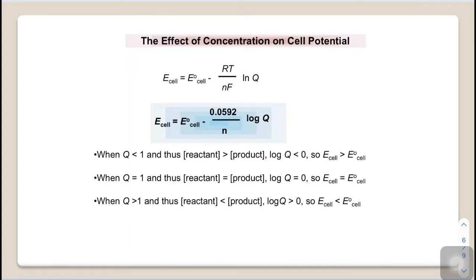Okay, log Q. Q is the reaction quotient. If we change the concentration of the components of the system, it will change the Q. Let's say we have a reaction of A aqueous produces B aqueous. At the standard condition, both A and B need to be at 1 molar. If we change the concentration of A and B, for example, if A is 0.5 molar and B is 1.2 molar, it will make the Q that is initially